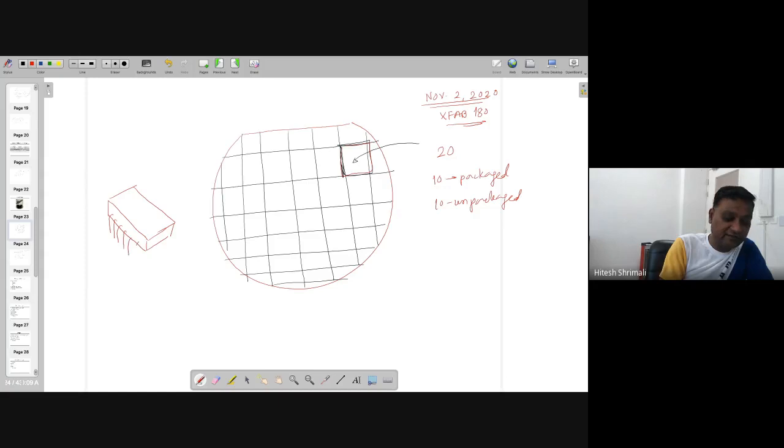Such kind of package is known as dual inline package. This is called DIP, dual inline package. So outside it looks like this one, but inside it's just like this. And thereafter it's connected through the bonding wires. If you remember, yesterday I told you there are some IOs, ESD pads, and inside that there is a core,